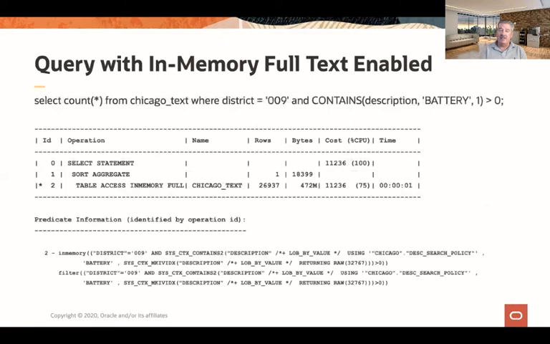And so now we have a slightly different query, only because we're going to use the contains clause so that we can take advantage of our in-memory full-text column. And you see table access in-memory full. And we're using the Chicago text table rather than Chicago data, exactly the same tables, just so that I can have both of these as an example. And notice now in the predicate information, we have our SYS_CONTEXT, and we're taking advantage of that virtual column in the column store that we created when we specified text in our in-memory clause, so that now we can do that searching directly against that virtual column in the column store, rather than having to create a separate text index. And so that's how in-memory full-text columns work, being able to search data very, very fast